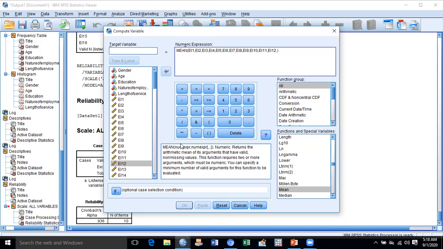Again we shall get 13, again comma, and 14, again comma, and emotional intelligence 16. As you can see, I have included all the questionnaire items of the emotional intelligence variable, and after selecting them one by one, I can accumulate all the variables as well.